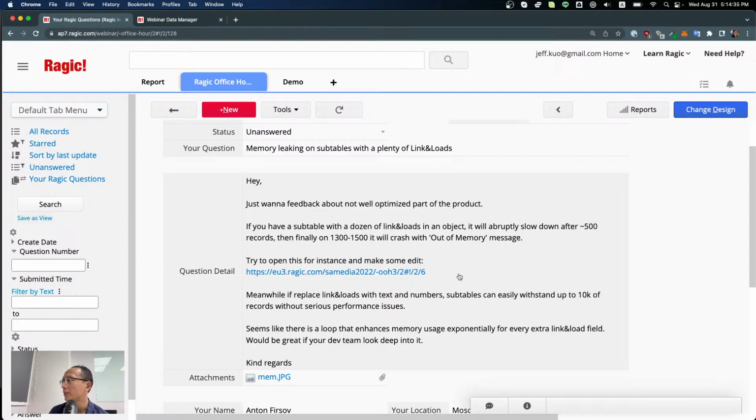It will abruptly slow down after about 500 records, and it will finally crash when you have more than 1,000 records on a single subtable with link and load, with out of memory. Okay, yeah, this is if you have thousands of records in a subtable with link and load, and this might happen. Yeah. And we are working on something